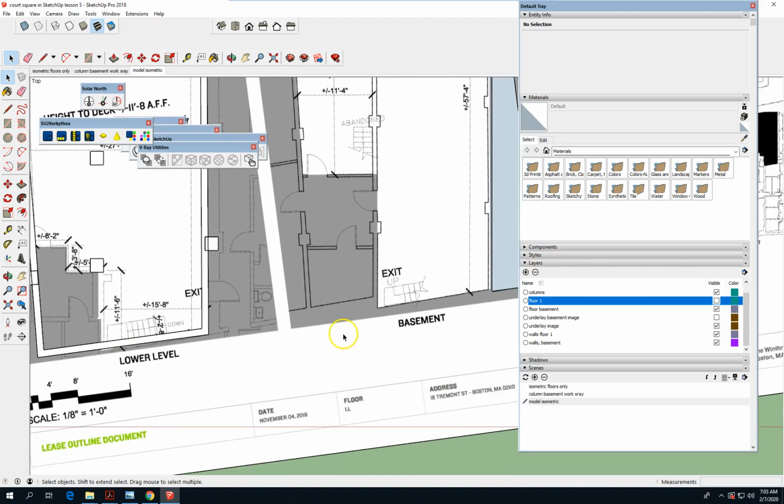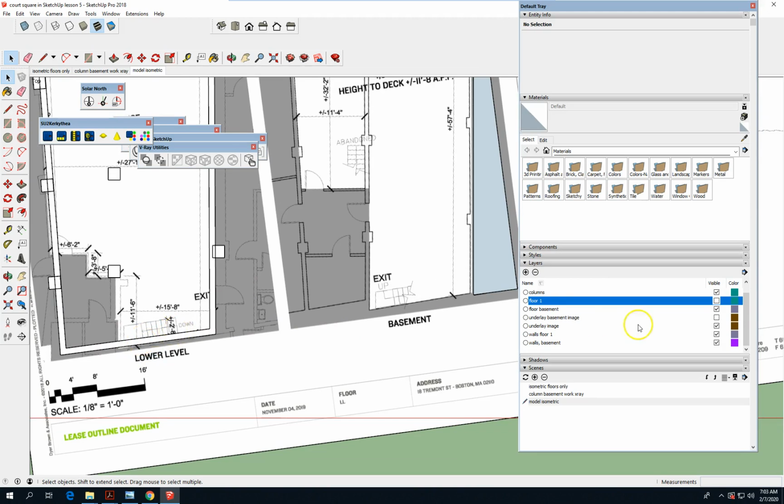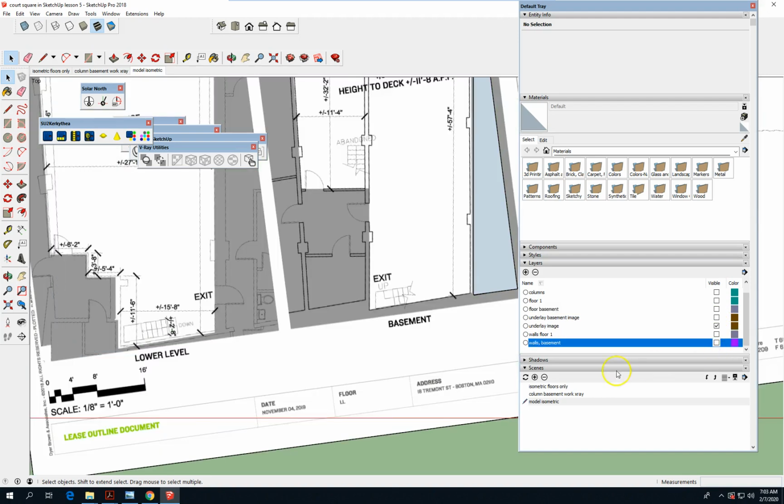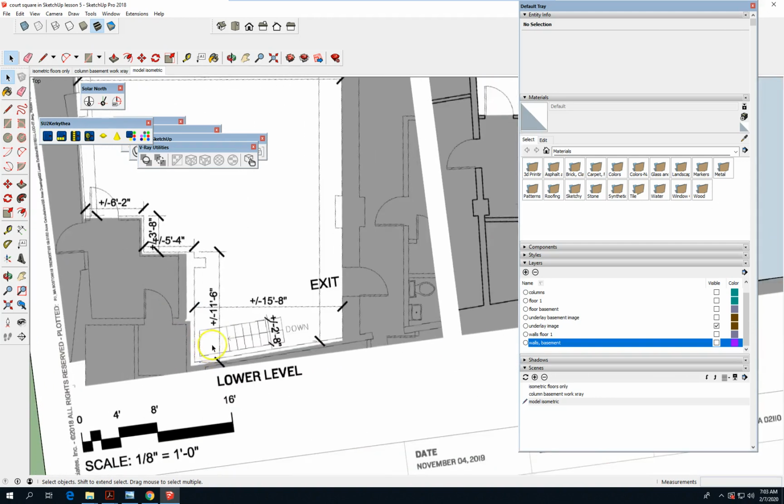So I'm going to start by turning off visibility of the walls, columns,